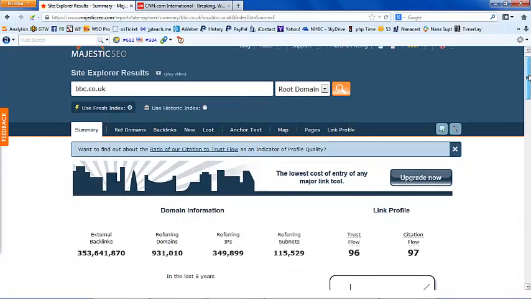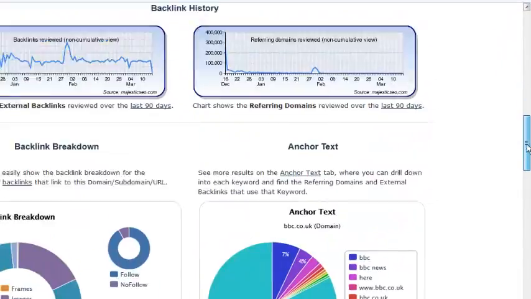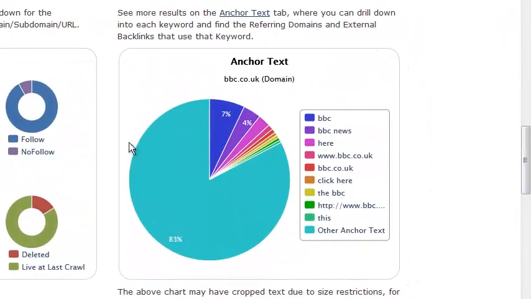There's a wealth of information here, but what I want to draw your attention to is down the bottom here, anchor text. Now you'll notice the BBC: 83% of all the links pointing at the BBC have other words, so not things like BBC or BBC News or bbc.co.uk or even click here, but 83% are other phrases, random different phrases. Here's a very interesting article on XYZ, go to the BBC website, have a look at this page. All those kinds of varied anchor text.